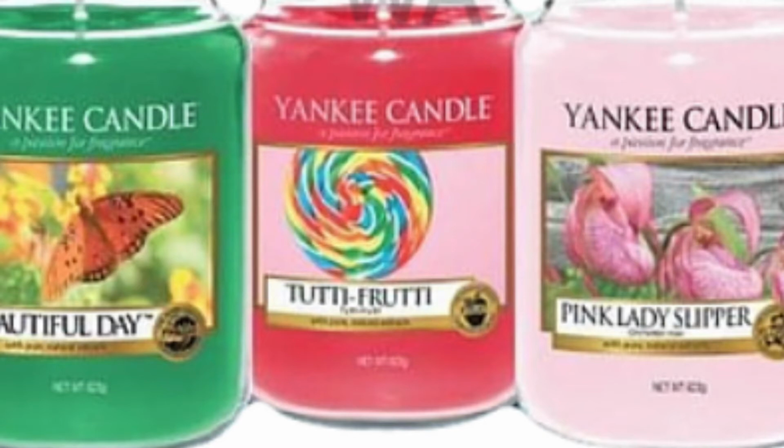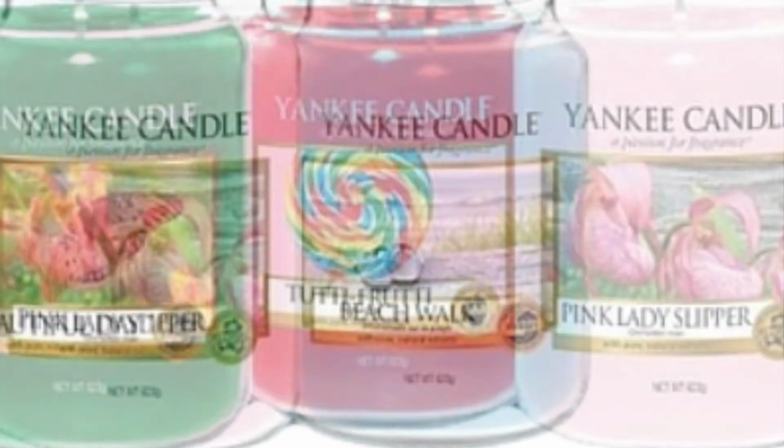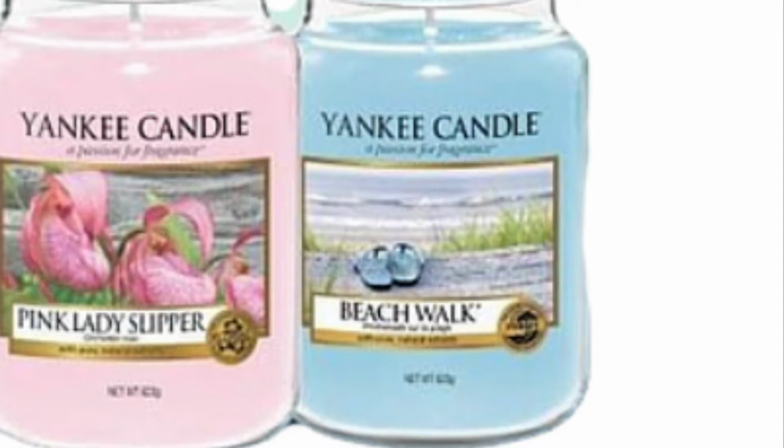And the last one for spring, summer is Beach Walk, which I haven't heard of. Again, it looks like it has been out in the US recently, if it isn't still out now. It says the refreshing salt water and sea musk warmed with sunny notes of tangerine and orange blossom that capture sunset strolls at the beach. I don't think this one's going to be too strong. It sounds very similar to quite a few candles that we had released here a couple of years ago in the summer. It's just the sea musk and the salt water. They're making me think that it's not going to be...